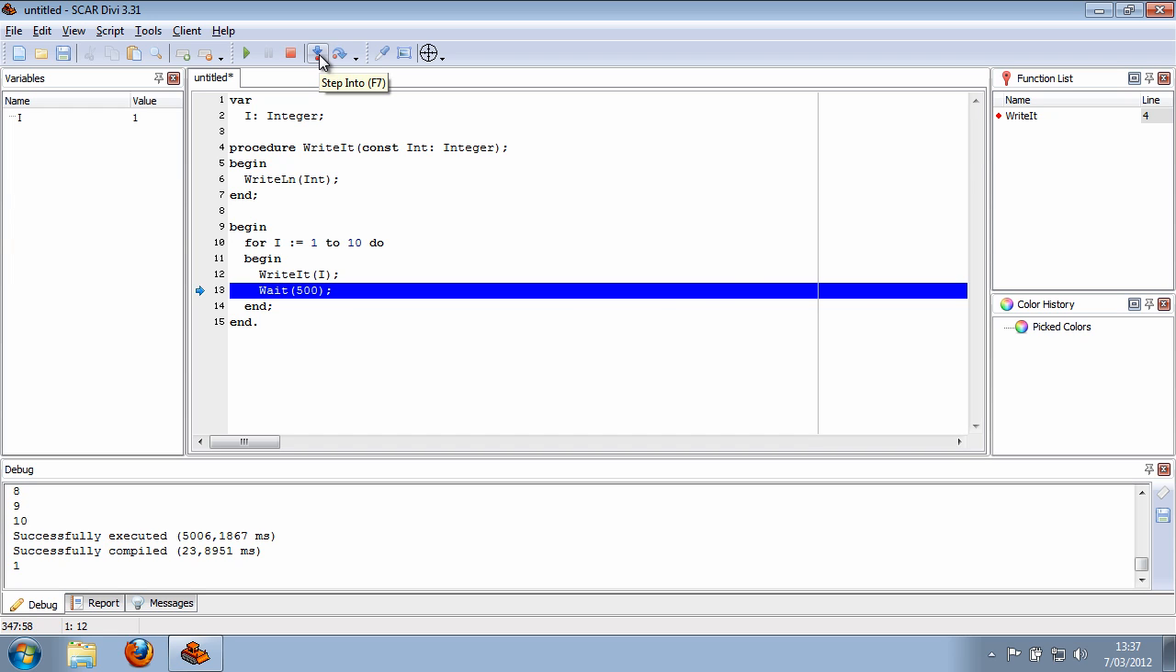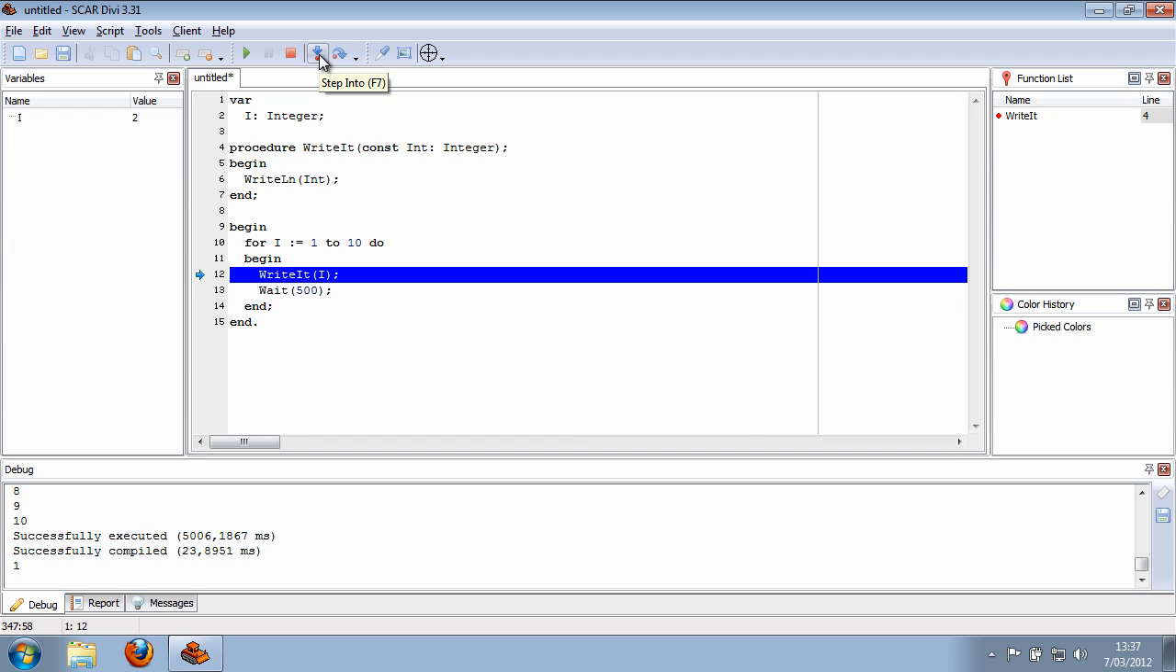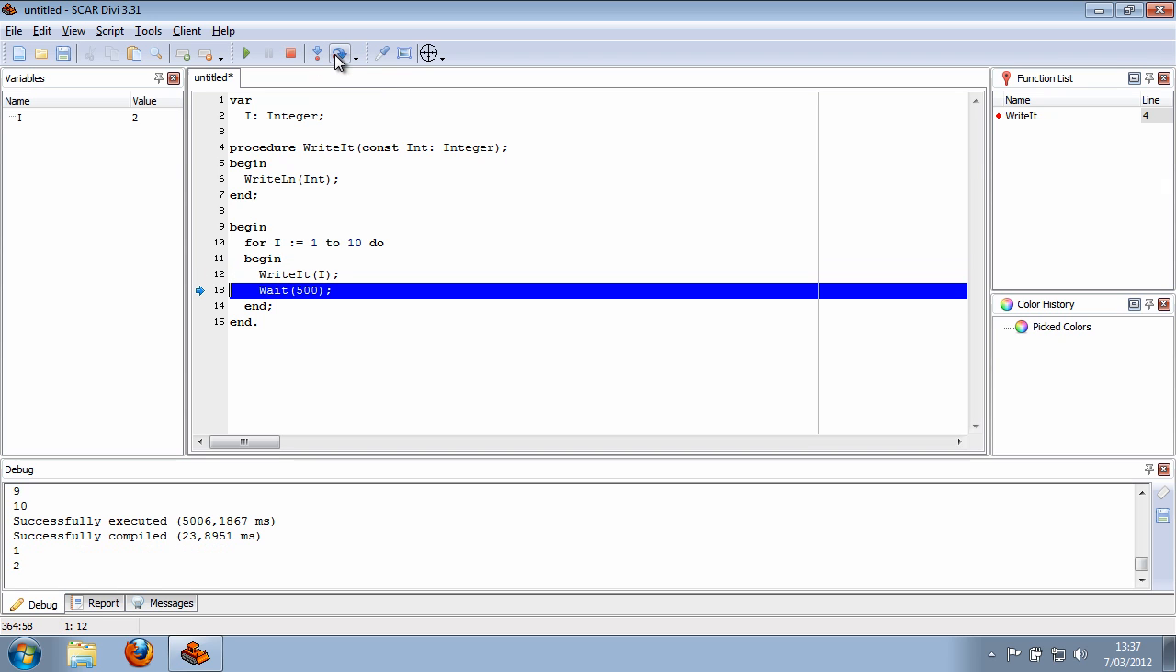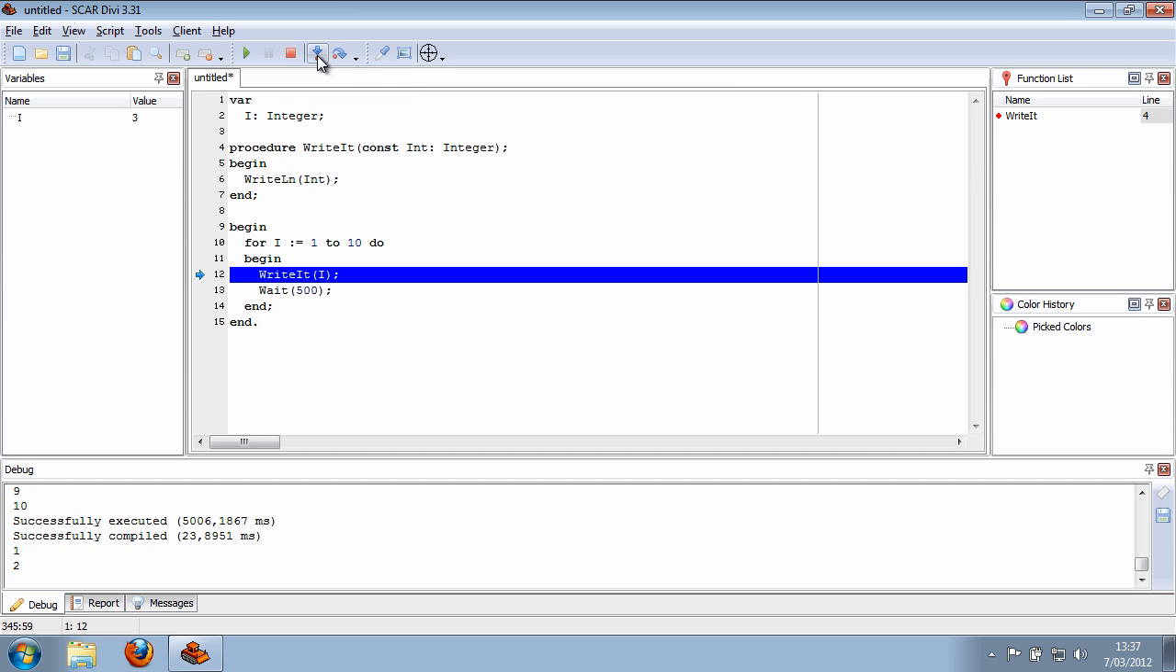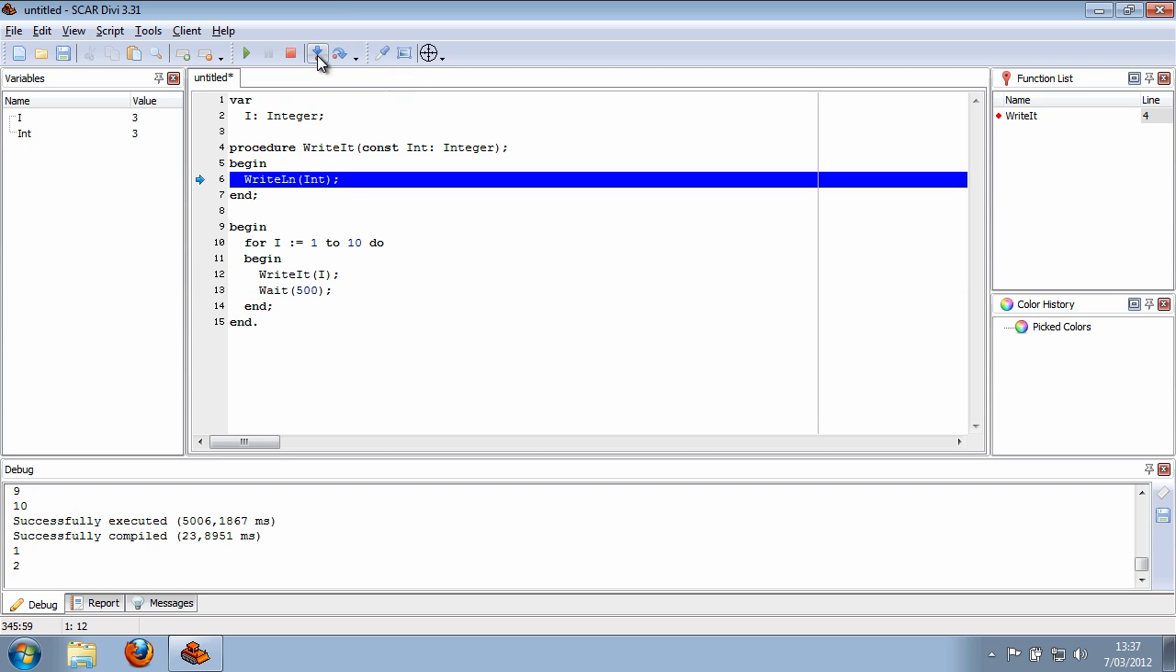Now press step into. What step into does is basically jump to the next line, just like step over in your current procedure, if you don't jump into another procedure. Now if I press step over, it will jump to the wait again. If I press step into, it will jump into the write line, write it procedure we made, and it will